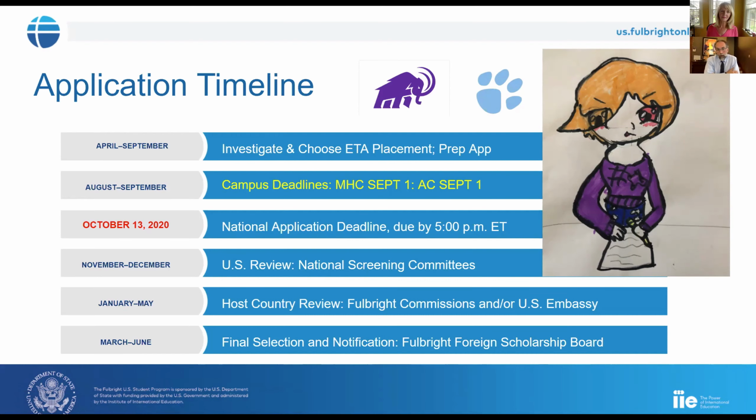If you choose to apply through your college, you could get a lot of support helping navigate these resources, really helping you, providing a sounding board in developing your essays, which are a key part of getting an award. Other kinds of support that the college might provide include the campus committee evaluation. Then you'll want to pay attention to the college deadline. Both Amherst and Mount Holyoke have college deadlines that are earlier than the national deadlines.